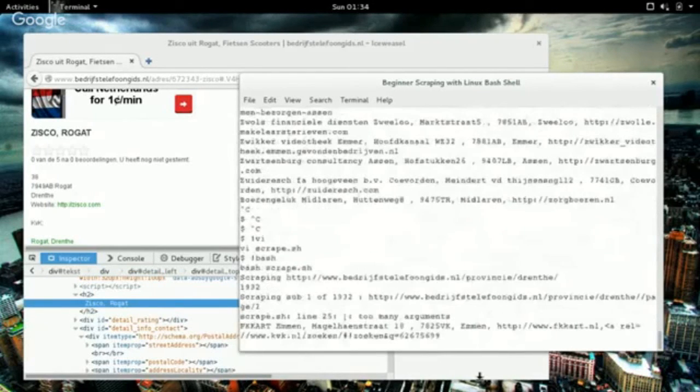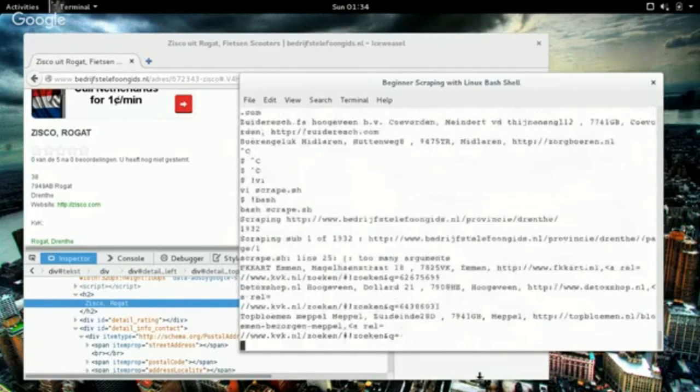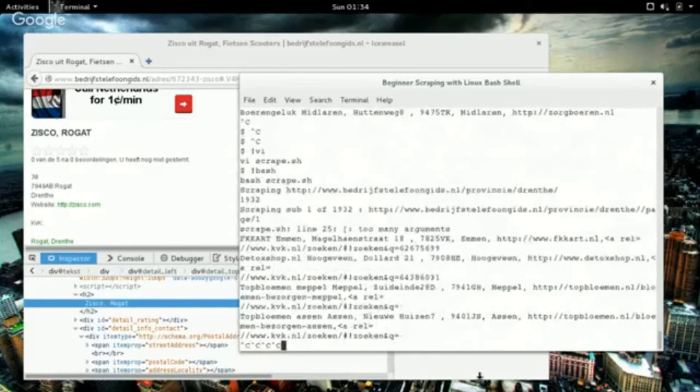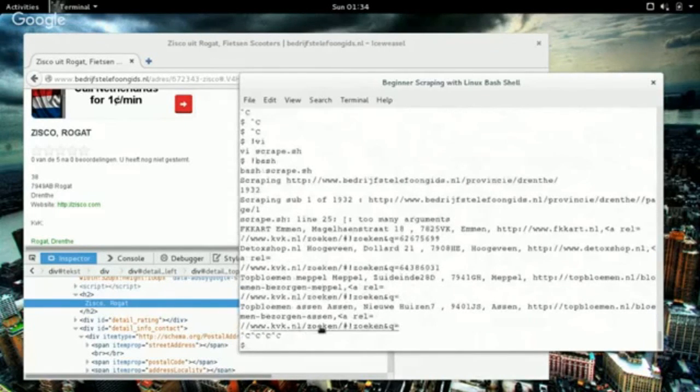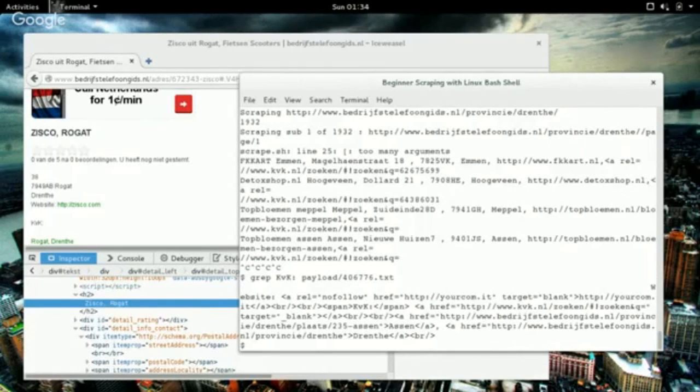See if we can just get away with putting K in this inputs. It's sort of working. It's all cut off. So we don't need the whole URL. So let's grab KVK